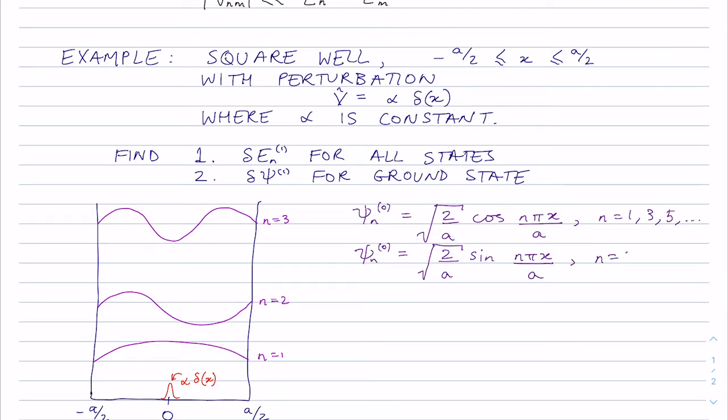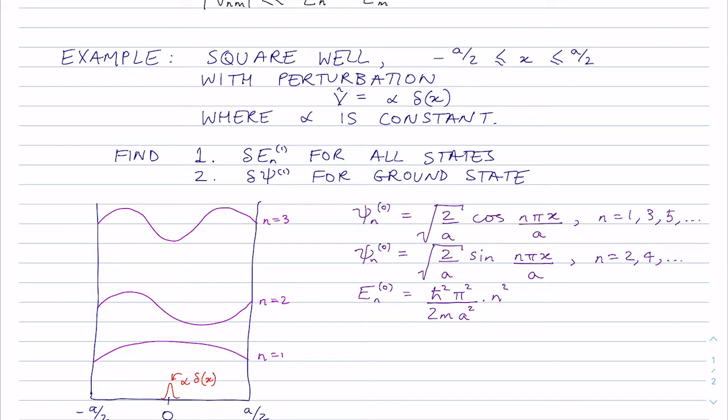These are for n equals 2, 4, etc. And then we've got E_n^0 equals ħ²π² over 2ma² times n². So that should be very familiar to you, and you should be able to derive that very easily, or just